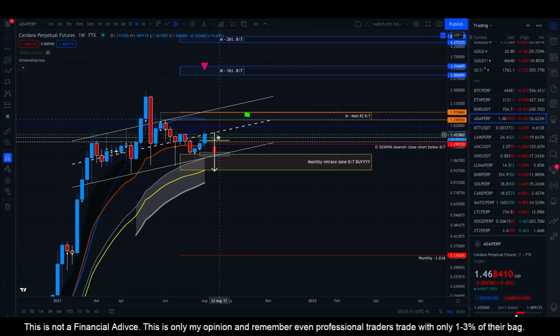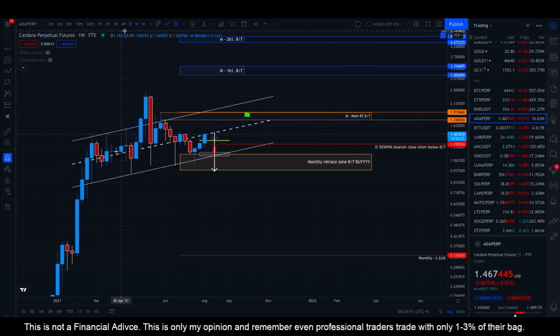So one scenario, like I said, the price may just keep going, retrace down to the bottom border of the channel, and it will just keep going to the 50 EMA, or it may just keep going up, making higher highs. All right, where the possible first price target level would be 1.7 and 1.9. Okay, if we go to the daily time frame,